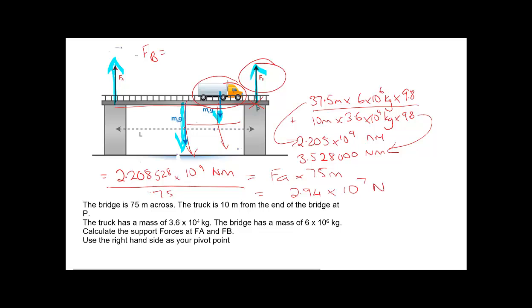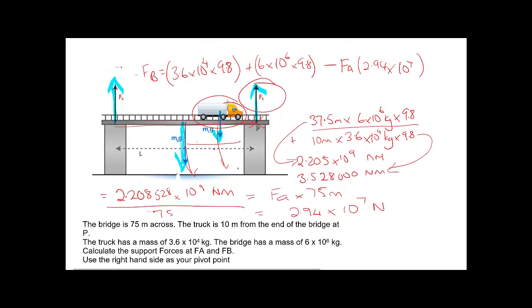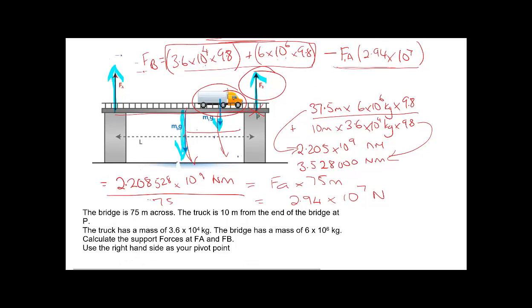Basically the down force equals the up force. The total down force is the weight of the bridge on that side and the weight of the truck on that side, and if we subtract one of the support forces, that must equal the other, because both support forces must add up to this combination. So if we just go through and work that out,